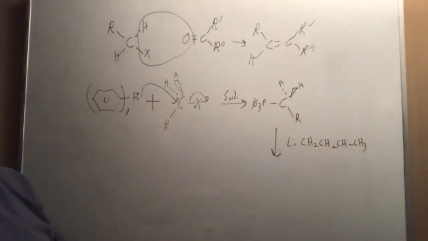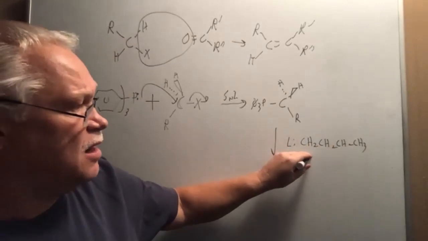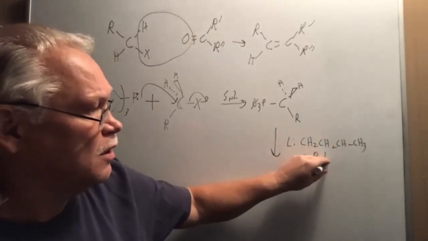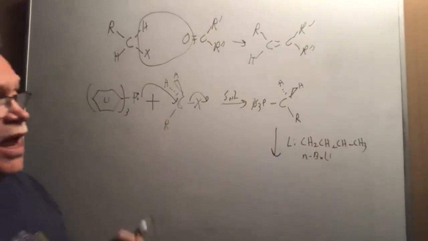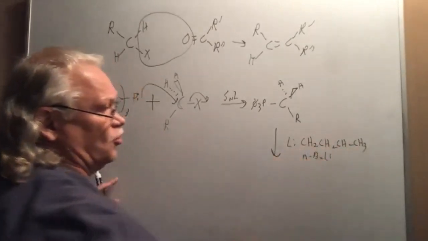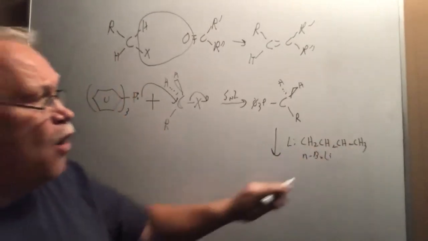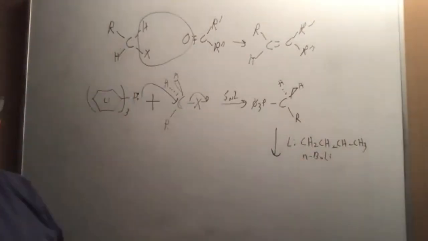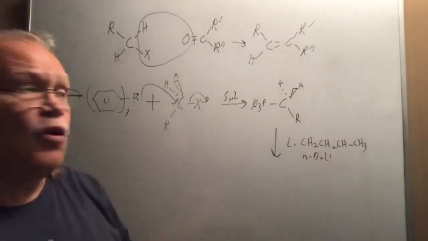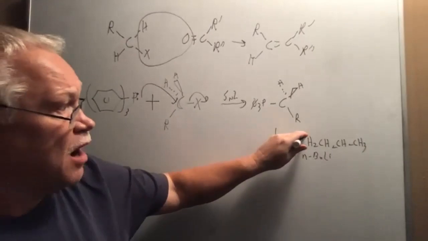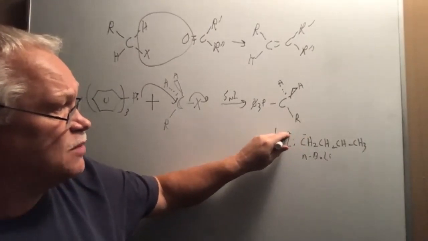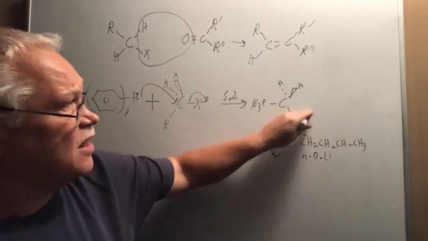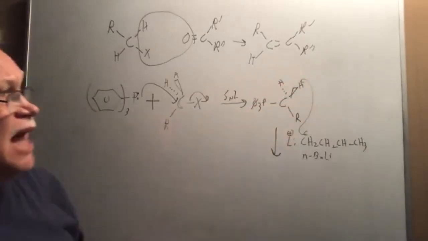Four carbons in the row. This is called N-butyl lithium, because this is a butyl group. Now, all we need to know about this is that it is going to pull off a hydrogen, because this is negative and this is positive. This comes in and pulls off one of these hydrogens,